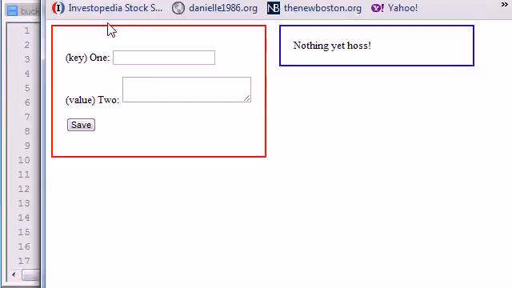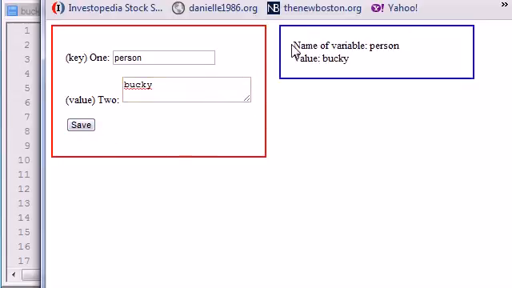So let me go ahead and refresh this beast. Person has a value of Bucky. Now let's go ahead and save it. The name of the variable is person and the value is Bucky. This could also write the name of the item is person and its value is Bucky. So let's go ahead and make another one. Person